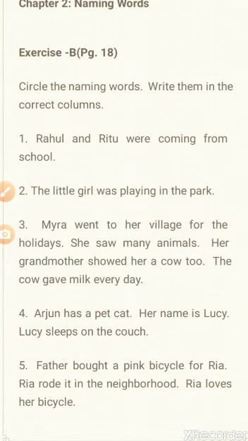If we say two persons, then it is called people. When it is more than one, we call it people, it's the plural of person. People are many. Person is one. So you can either say persons or people. So here Rahul is a name of a person, so we will write it in the column people. And Ritu is also a name of a person. It's a name of a girl. So we write this word Ritu in people's column.